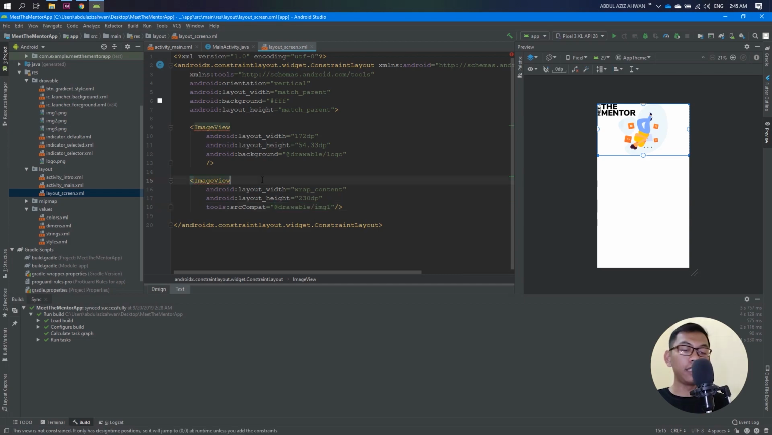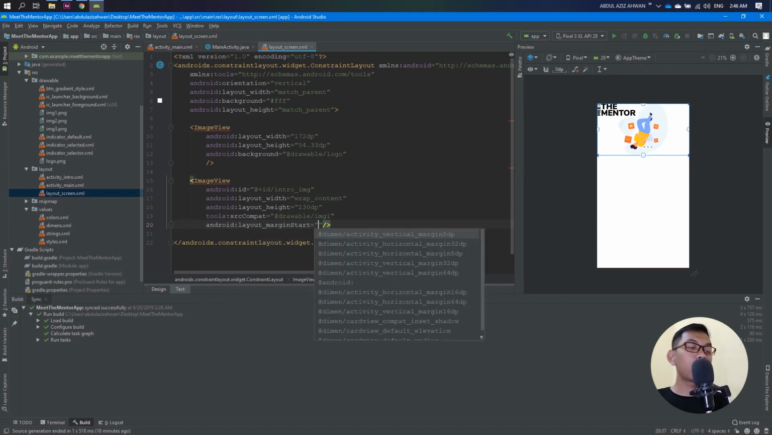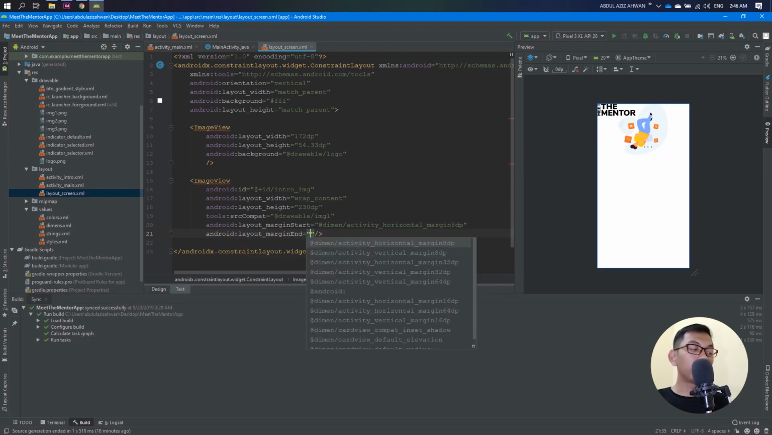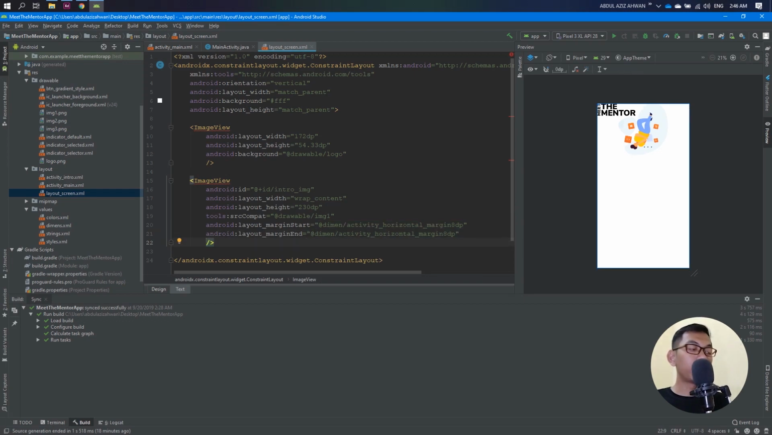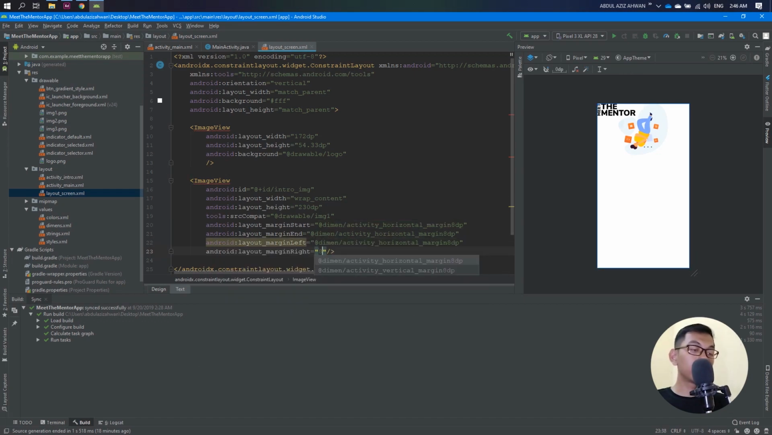and then we need to give id, maybe intro img, and then we need to give margin start, and then margin end, and then margin left and right, margin left, and then margin right, and then margin bottom 32 dp,